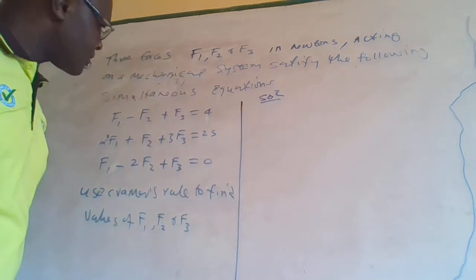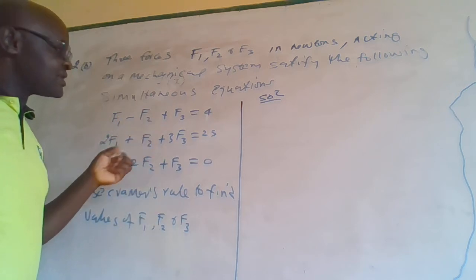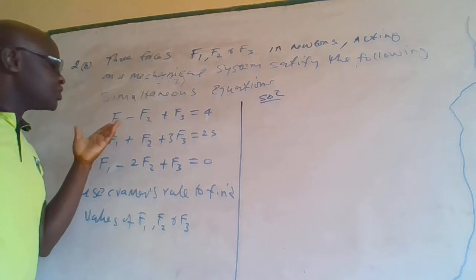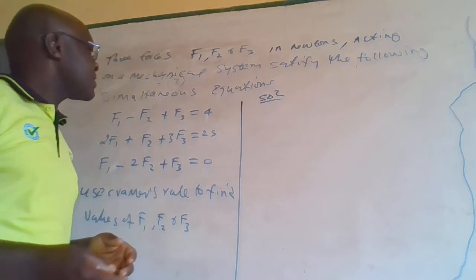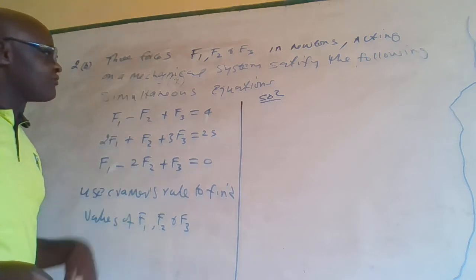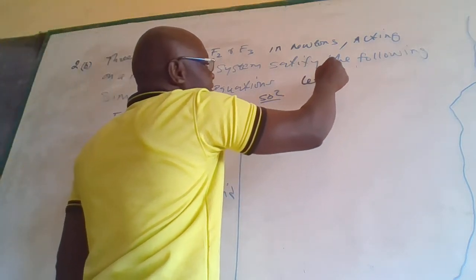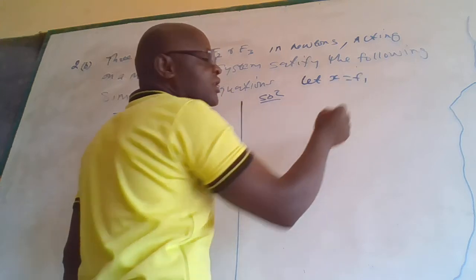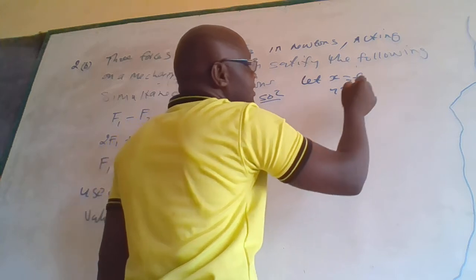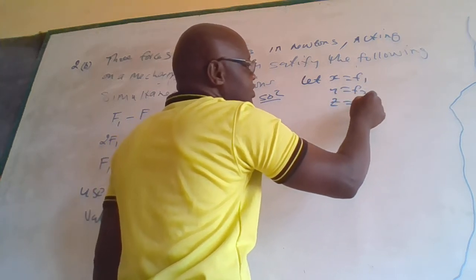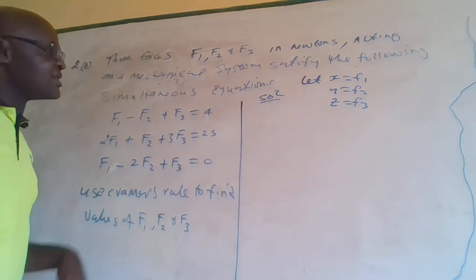Solution. The first thing for us, we shall use X, Y, and Z. It's easier to work with X, Y, and Z rather than F1, F2, and F3. So what we shall say here, let X equal F1, Y equal F2, and Z equal F3. Once we do that, we can now replace